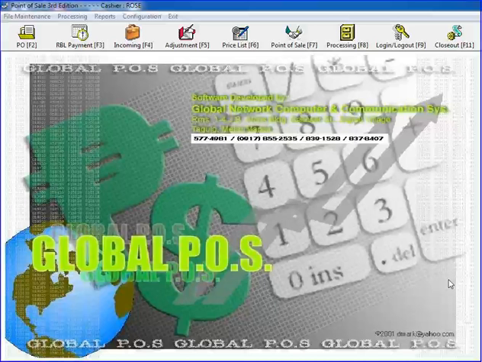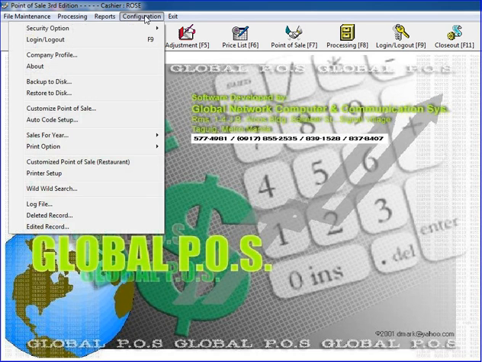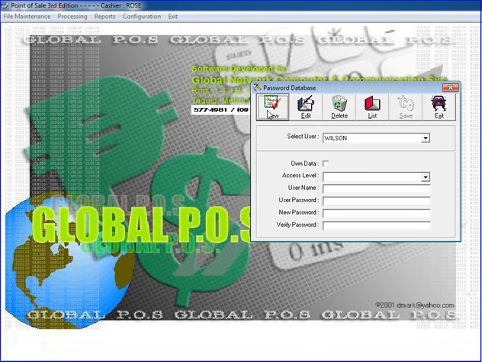To access Global POS, you must first create your username to be registered. Your password account will be your key to access the program. To create a username and password, click the configuration menu, security option, password tool, click the new button or you